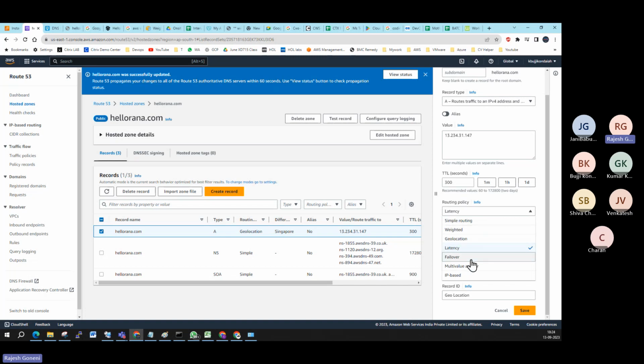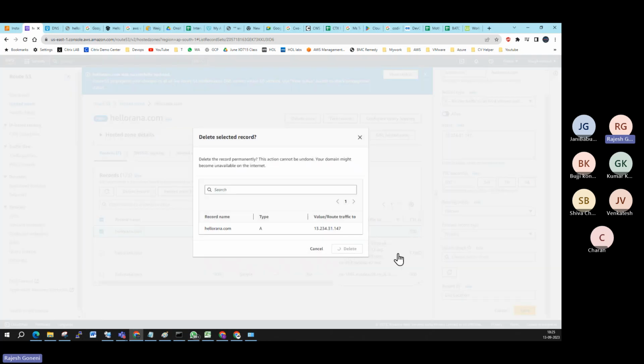Move on to failover. What is the meaning of failover? Suppose the primary server is down, the secondary server will come up. That is called the failover concept. So right now, I'll consider this the primary server, but I need to configure the health check for the server. So what should I do? I need to copy the IP address of the server, and I need to delete this particular